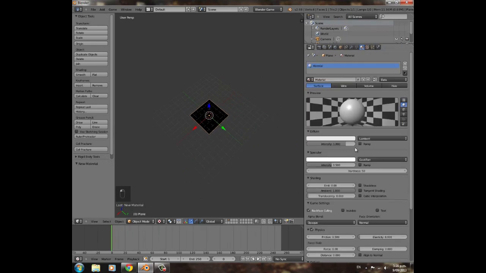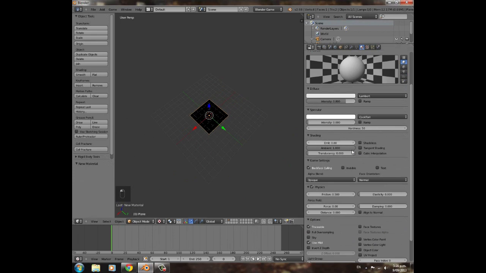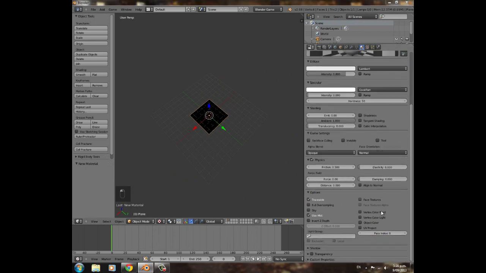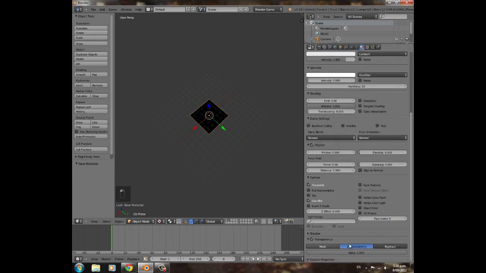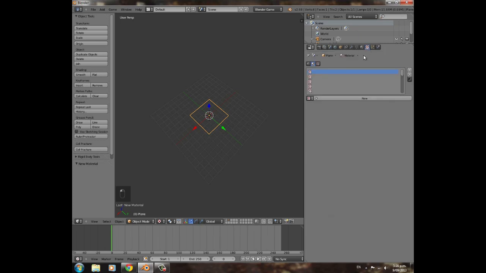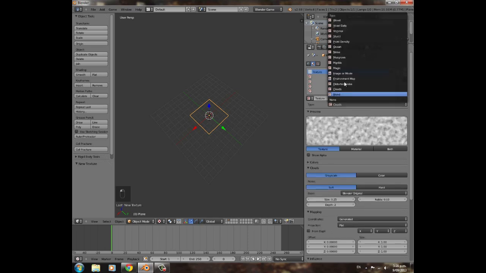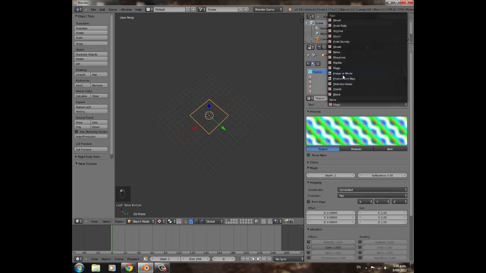Materials tab, then click new, drag the specularity down, no back facing, and transparency to nothing. We might give it a bit of an emit, not too much, just a little bit. I think even 0.03 is fine. Then we're going to go into the texture panel, and we're going to click new, then image or movie,